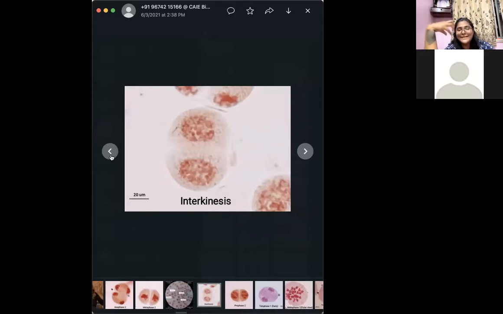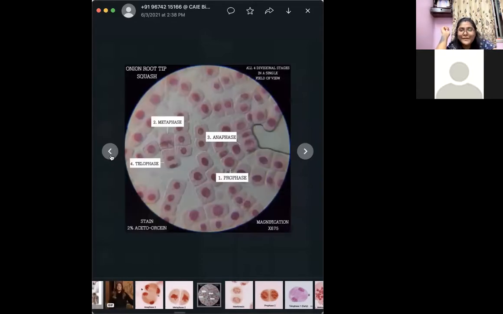That's when your cell is still undertaking the process of cytokinesis. The two cells are still encapsulated within one singular membrane. Okay, and these are the different stages seen inside one singular micrograph. This is seen under your onion root tip. Okay, so if you take an onion root tip and you stain it with your eosin, this is probably something that you are going to be able to see.